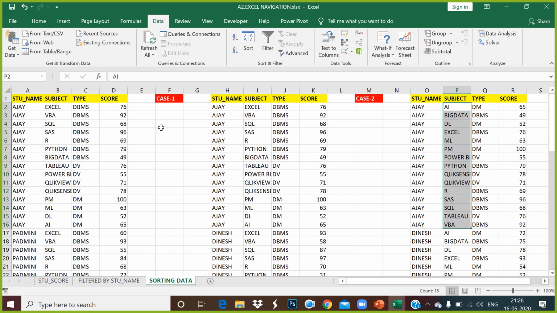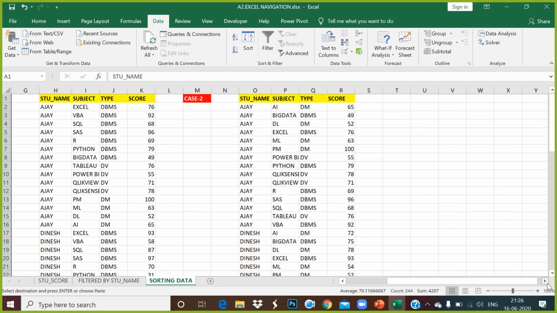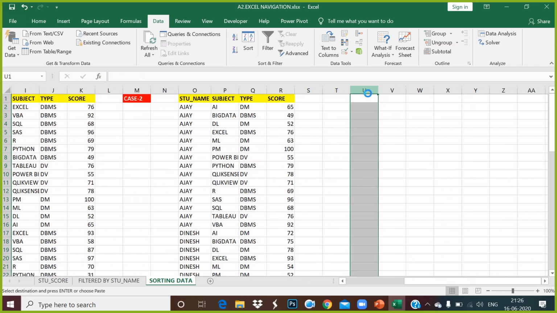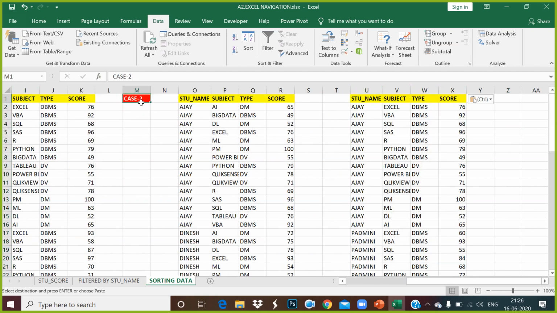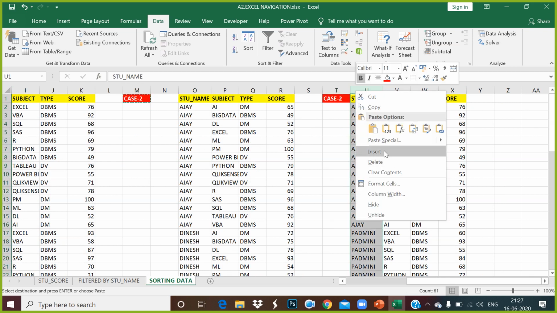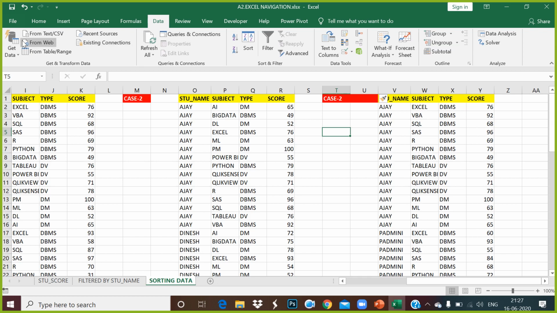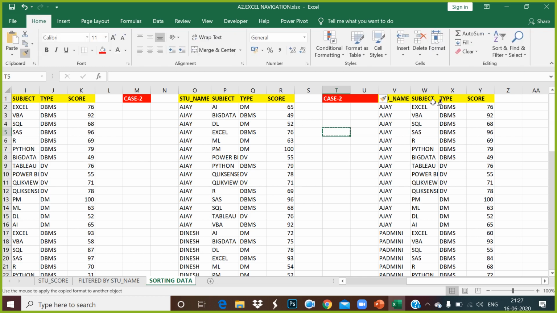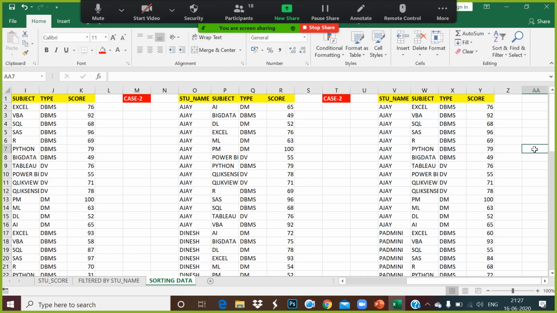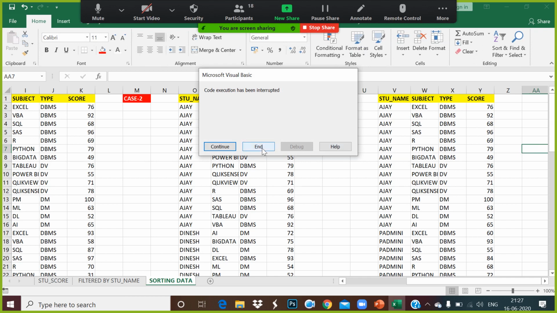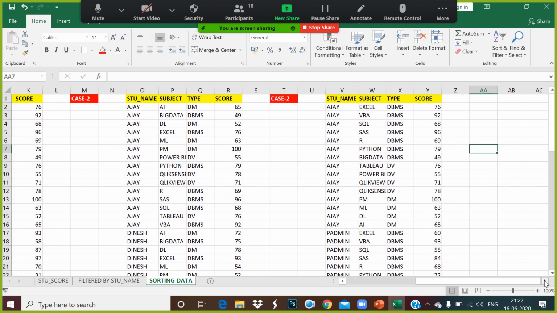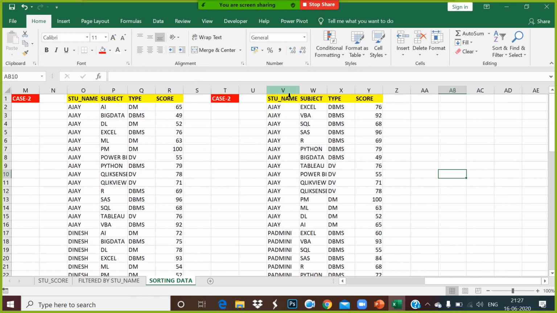Okay. Now, in the third case, sort the data by student name, by type, then subject wise.